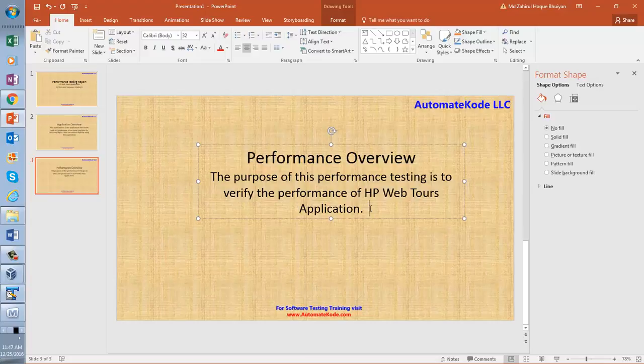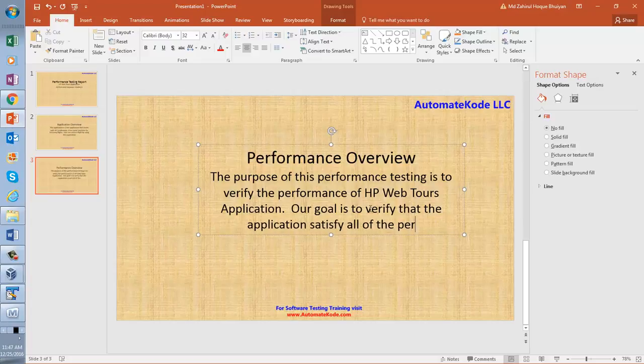So our goal is to verify that the application satisfies all of the performance criteria.